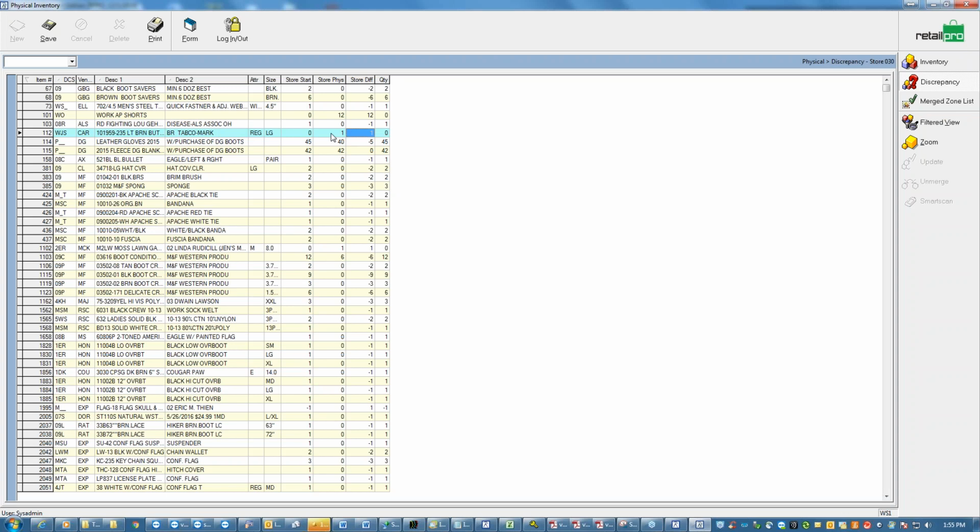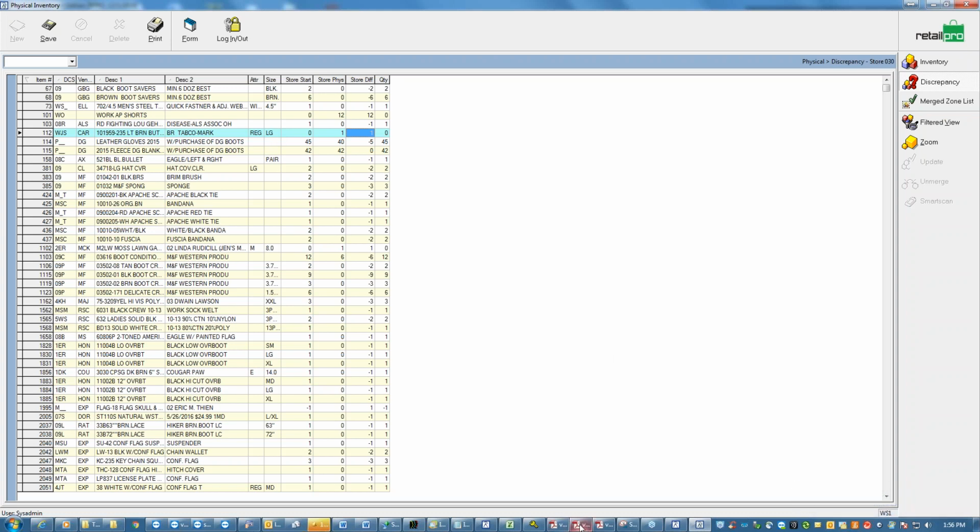Unless you're at a remote store in a multi-store environment. If you're at a remote store, you're going to want to say, I'm done with my counts. Those get pulled up to the main, and they are evaluated and potentially updated or definitely updated at the main. So if you're at a remote, you're going to make sure that you've counted everything. You're going to get those counts in, you're going to merge, you're going to check your discrepancies to make sure there's nothing huge that you missed. And you're going to prepare that PI. Instead of update on the side, it says prepare PI. But the point here is that if you're at the main, you don't have to get the update done that night. If you're at the store, you have to get to this point, you have to prepare PI,